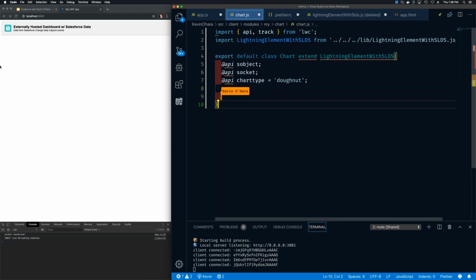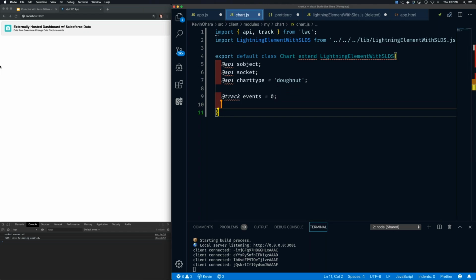Okay, and then let's create a couple things that we want to track that'll help us with the rendering of the components. So let's track the number of events that we're listening to. So there's going to be the total number of events that have occurred since we loaded the page or loaded the component. Yeah, we can display that maybe with the chart, just how many total events we've listened to, and then a couple things we want to